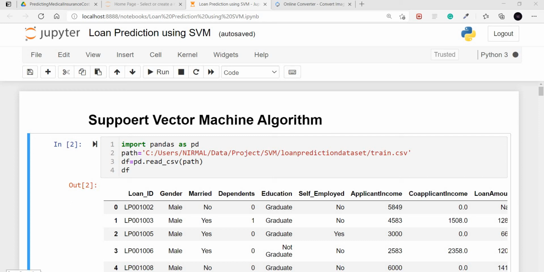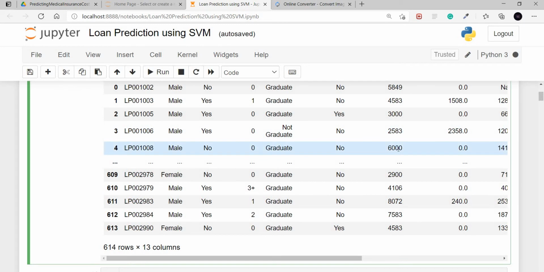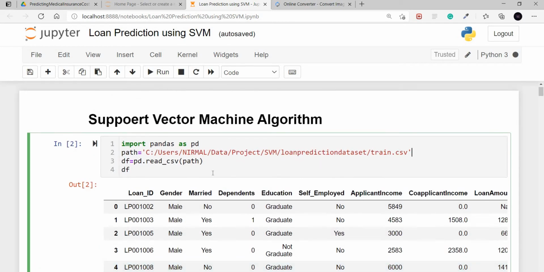Here I am going to explain a machine learning model which predicts whether the loan has been granted or not based on the different parameters. Here I am using the support vector machine algorithm. I am using this specific algorithm because we have a lot of features in our dataset. SVM is said to be used when we have a lot of features or different data points in our dataset.